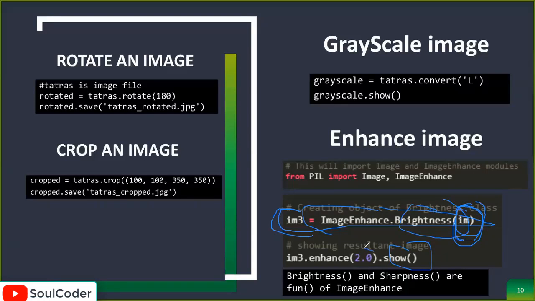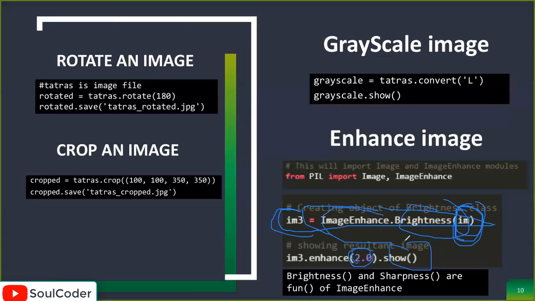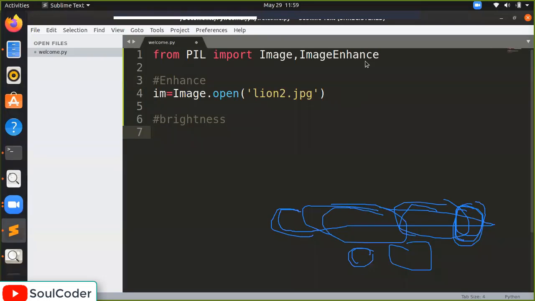The 2.0 is nothing but a parameter. We can increase it, and this is a floating point. Let's try it. We are just passing ImageEnhance and Brightness, and we'll enhance it and save it.